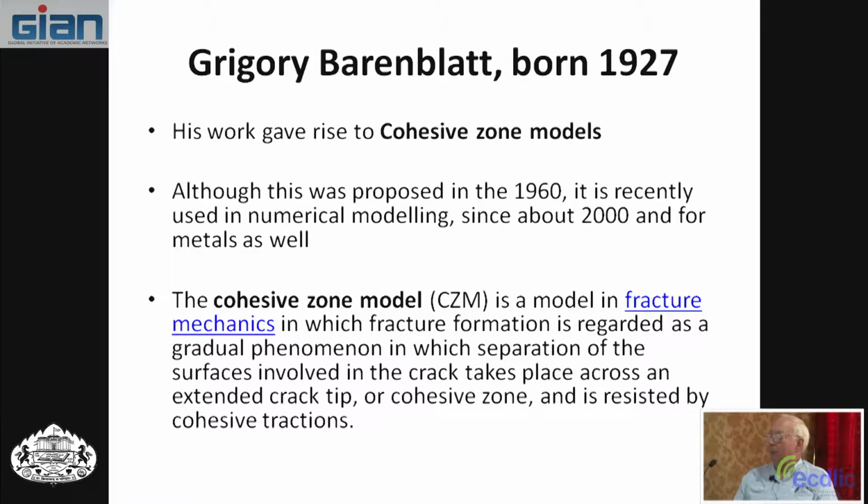And a bunch of people I knew doing numerical work were just working on the cohesive zone model all the time. So fracture formation is regarded as a phenomenon in which separation of surfaces is involved, and then you can do finite element analysis near the crack tip, calculate stresses, and then calculate what causes failures,